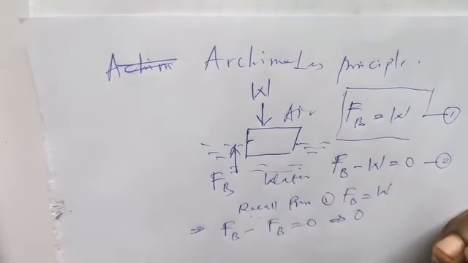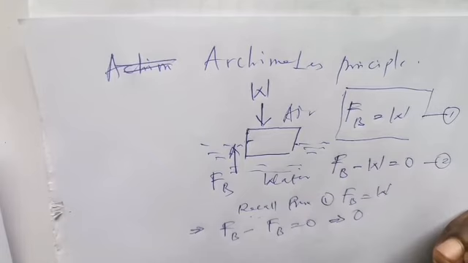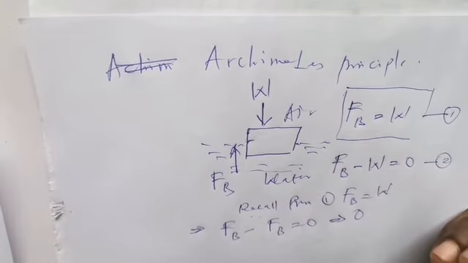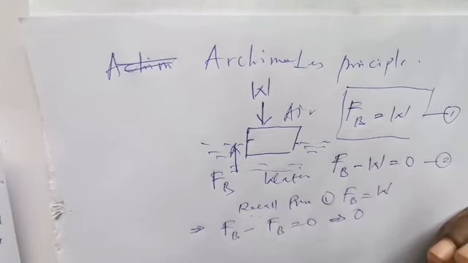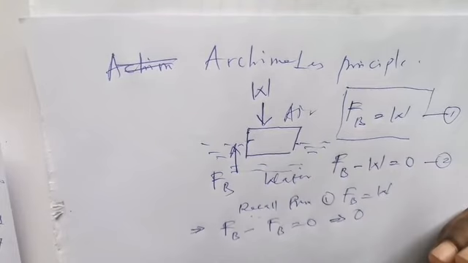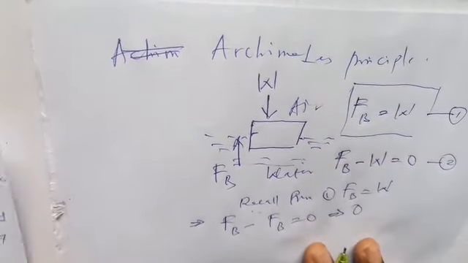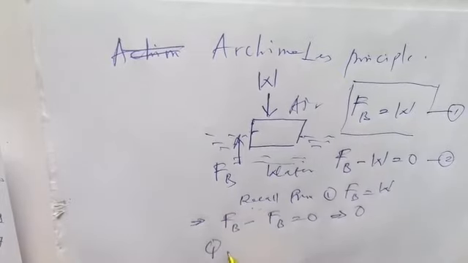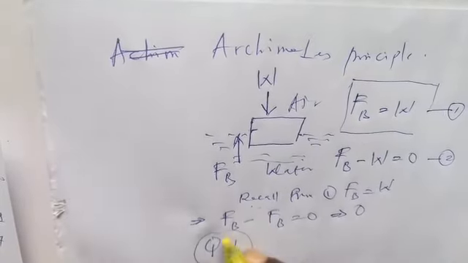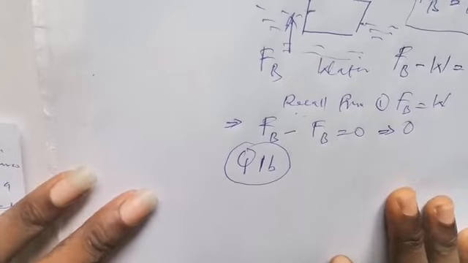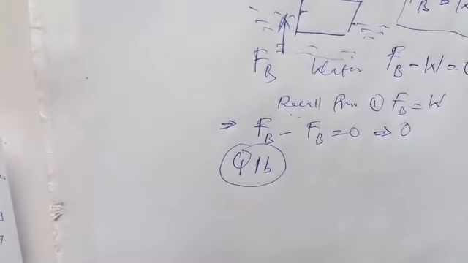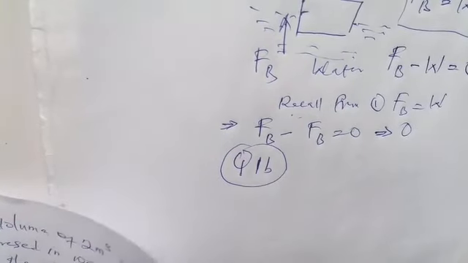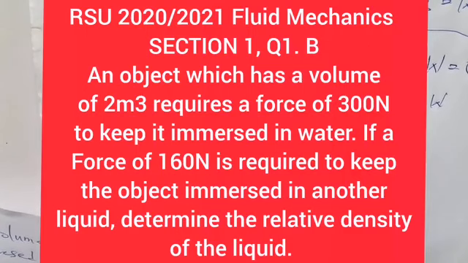All right, so let's move down to question 1b. We're on section 1, question 1b. Let's consider question 1b. Now, question 1b says that an object which has a volume of 2 meter cube requires